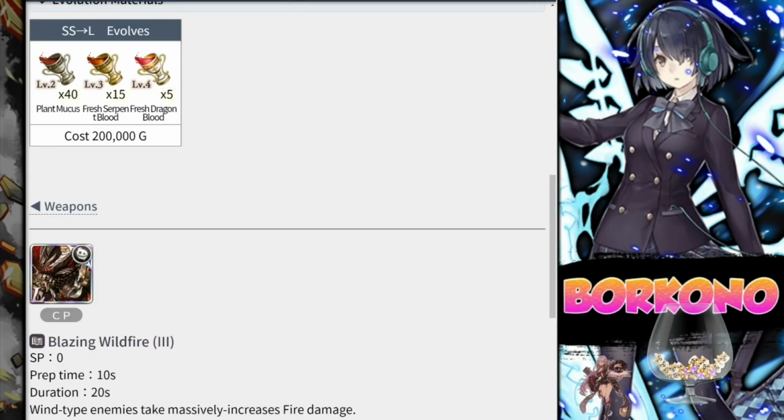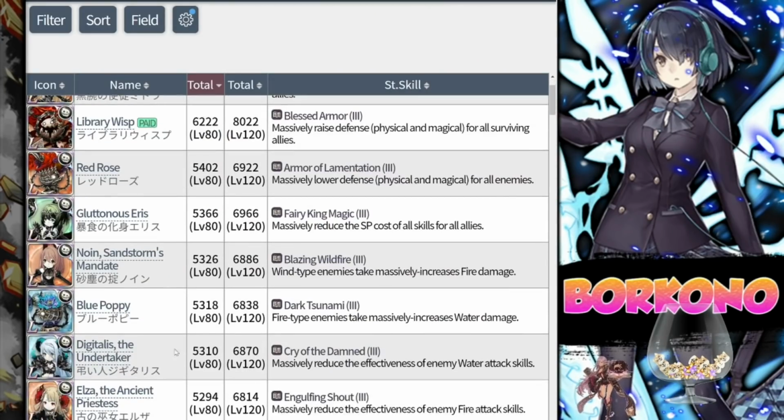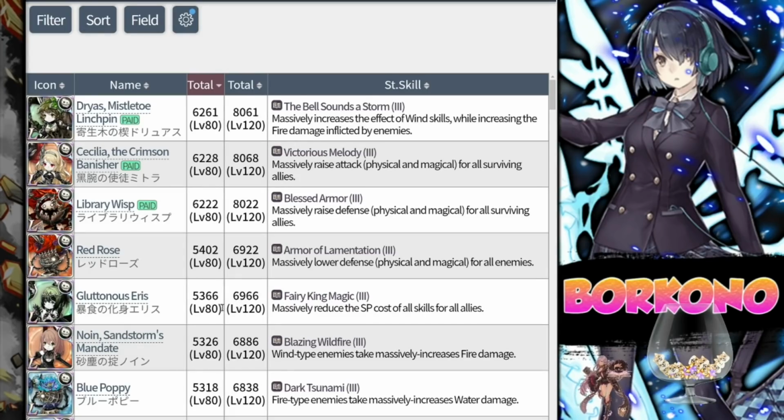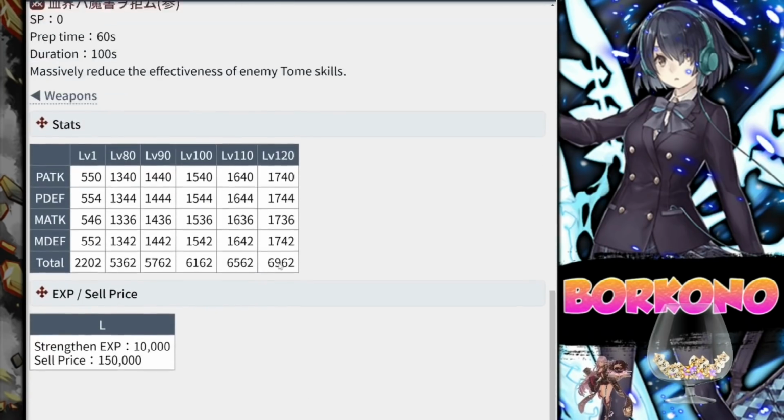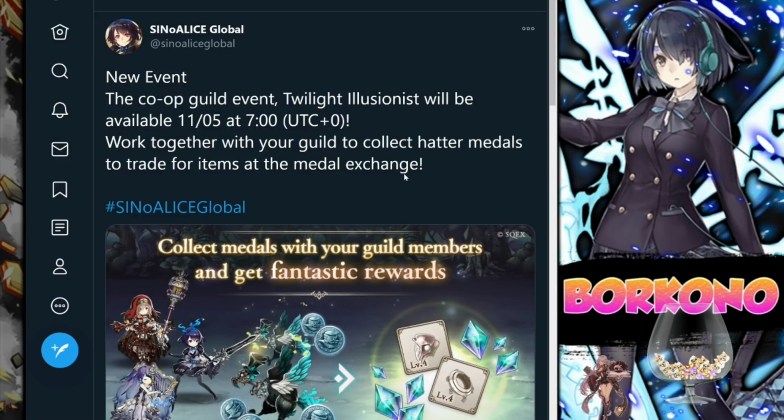Let's go to the next thing, which is the guild event that's going to be occurring. So this is the guild event. By the way, this is a quick sneak peek on our highest nightmares. Diablos would be right under Eris, by the way, 6,966, and then Diablos at 6,962. So the Twilight Illusionist, this is actually a really cool event